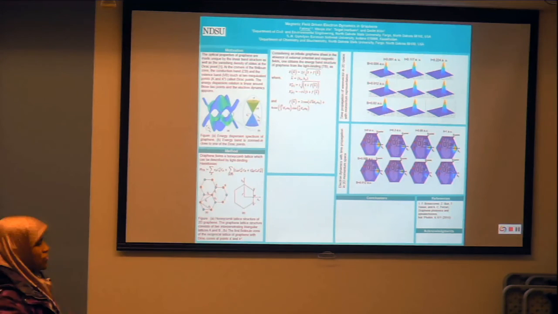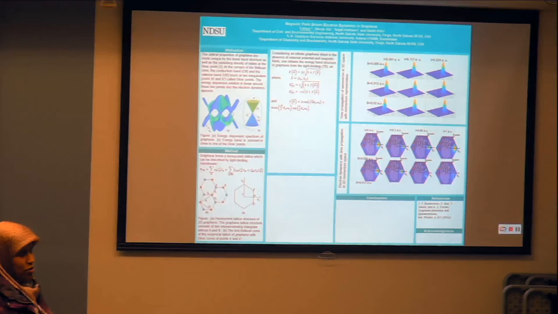So in graphene, each carbon atom has 4 electrons. 3 electrons make bonds with neighboring carbon atoms. In each graphene atom there is 1 free electron. So if you apply a magnetic field here, they will move. That's why we see the wave packet. It should start from each corner, but currently we just consider 1 grid point here.